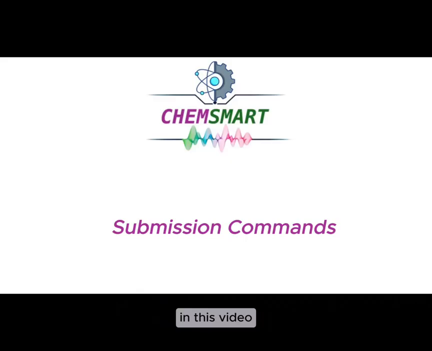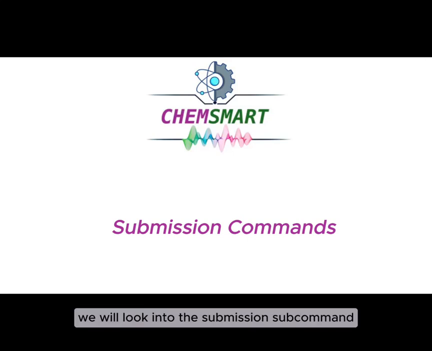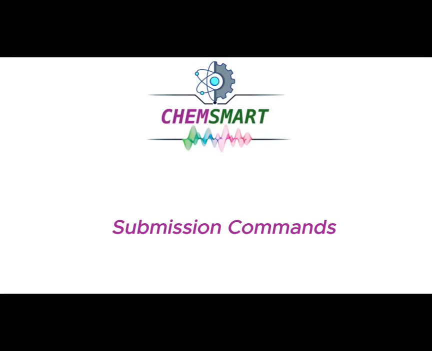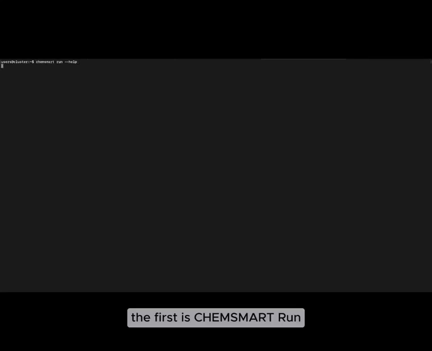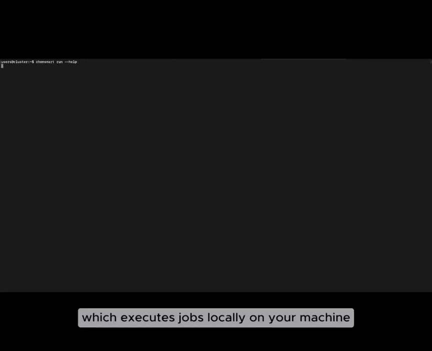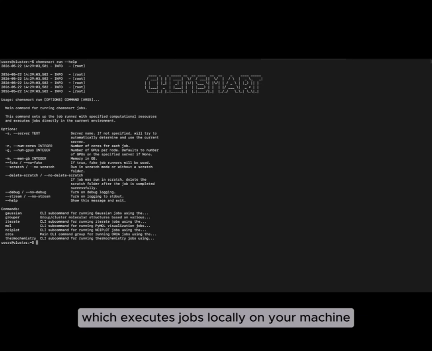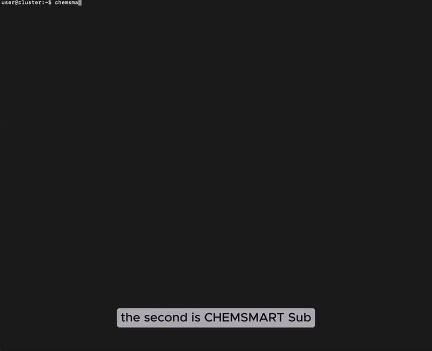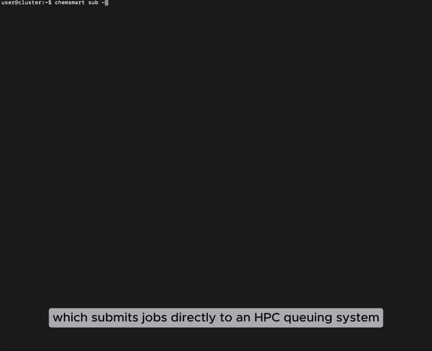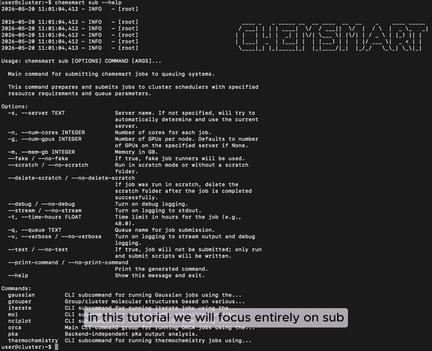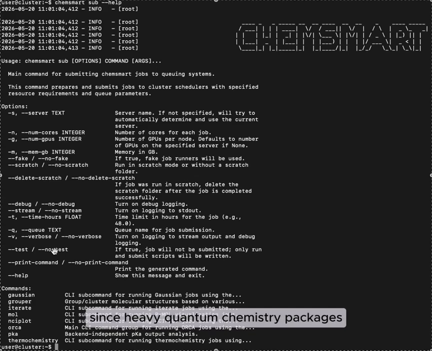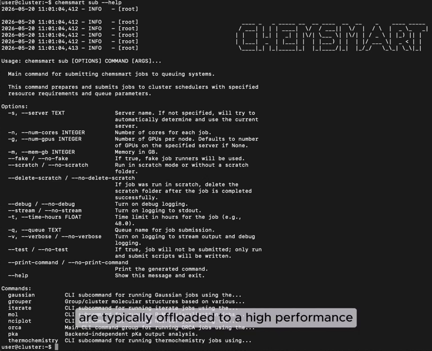In this video, we will look into the submission subcommand in CHEMSMART. CHEMSMART features two main execution modes. The first is CHEMSMART run, which executes jobs locally on your machine. The second is CHEMSMART sub, which submits jobs directly to an HPC queuing system. In this tutorial, we will focus entirely on sub, since heavy quantum chemistry packages like Gaussian are typically offloaded to